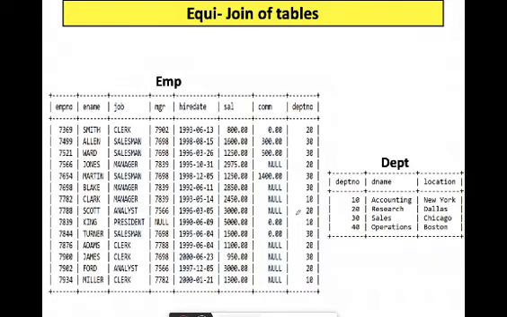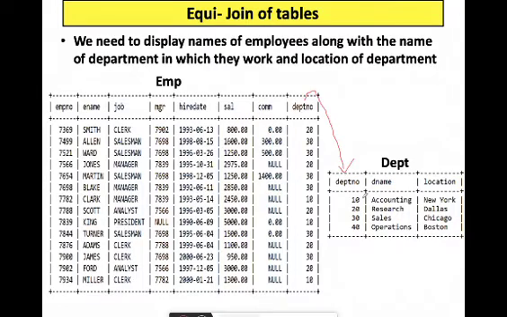Now let us see one more example to explain equijoin. In this we'll be referring to the emp and dept tables, as we have discussed these tables previously also. In this, the common column is dept number, which has the same name. This is a catch here. So this is the query.